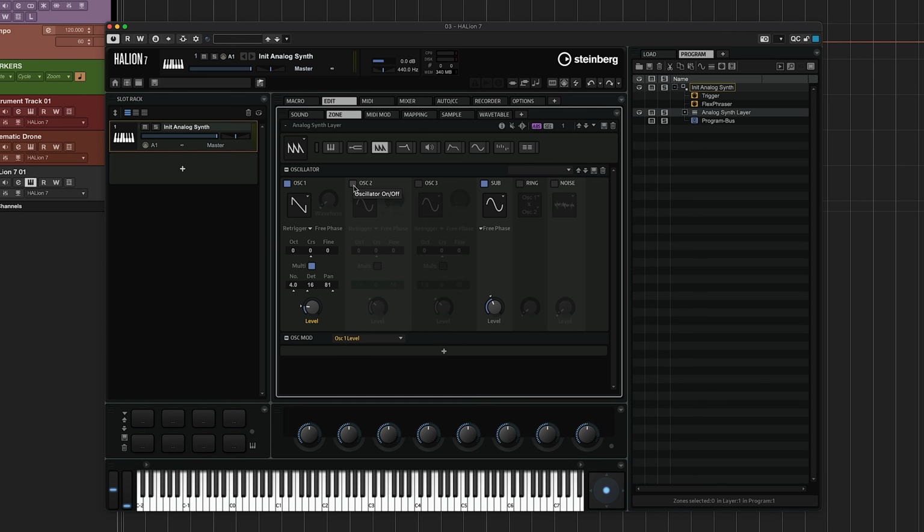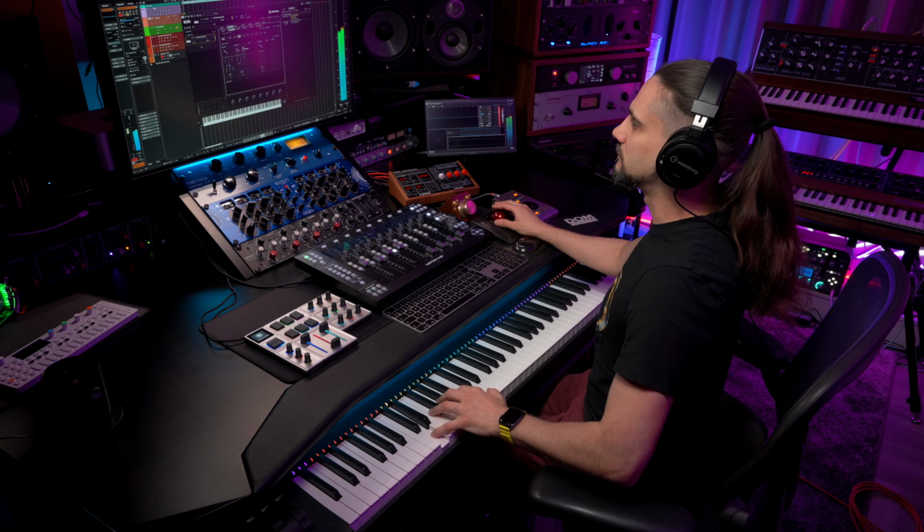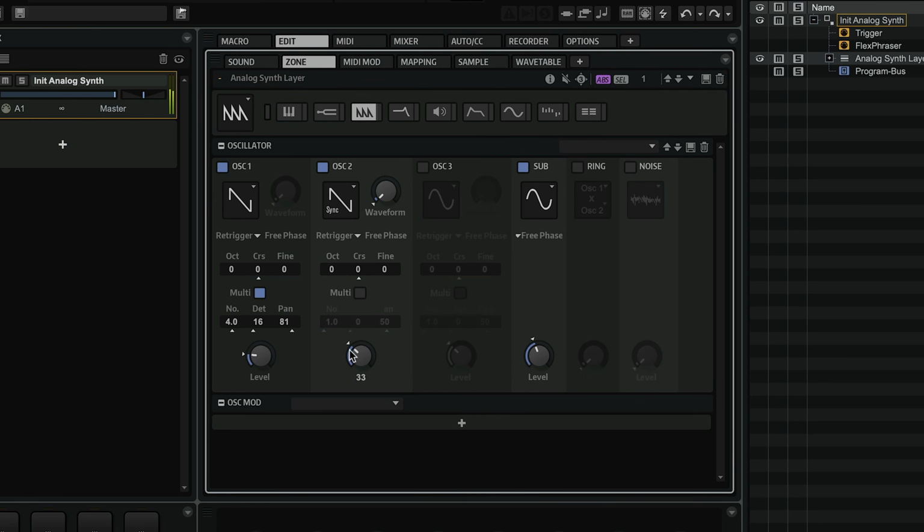The next thing I'm going to do is add another oscillator, oscillator 2. In this case, what I'm going to use is the sawtooth sync wave. And I use this wave to add some grit. Let me show you. And I'm going to turn it down 1 octave. So without it,